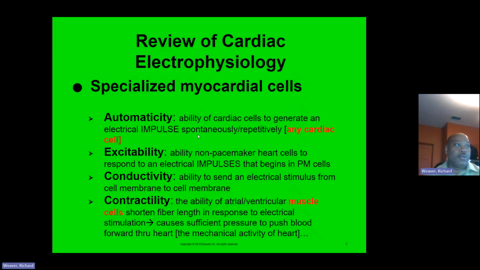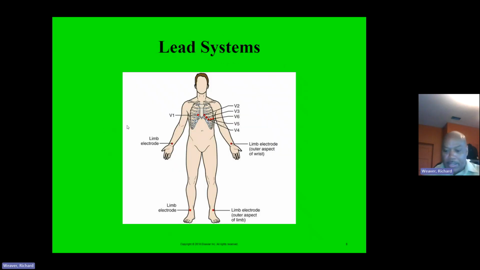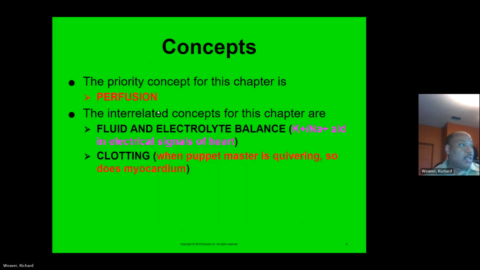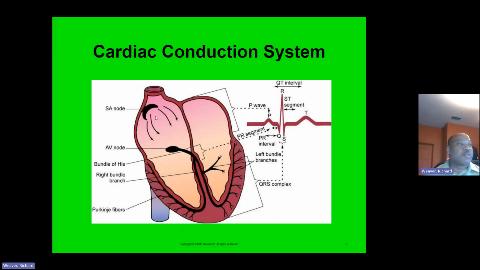Has the ability to generate an electrical impulse. In other words, what I mean by that is, remember I told you that the electrical impulse normally starts here at the SA node. That's what it normally does. But if the SA node is adversely impacted for whatever reason,